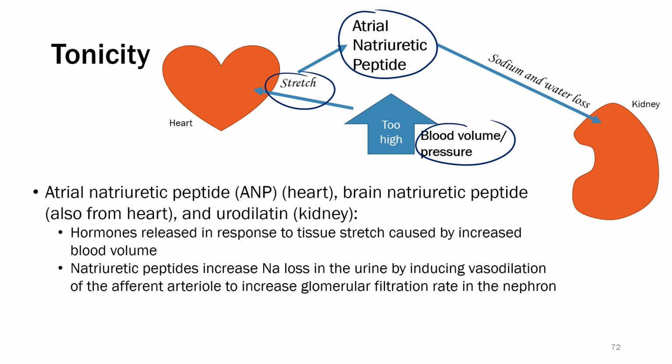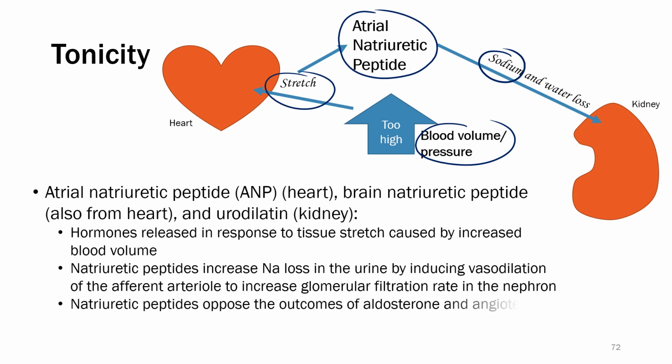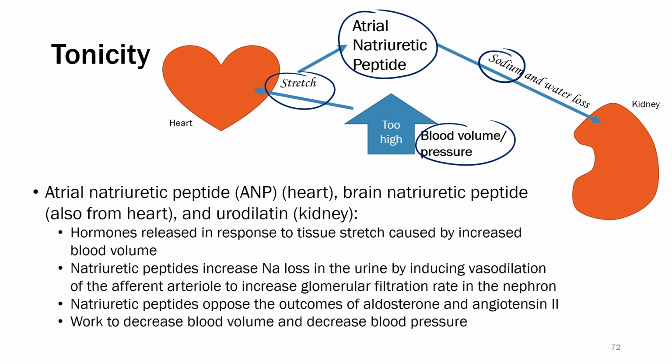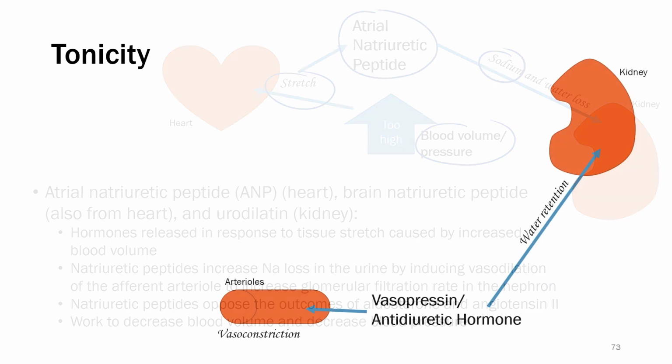They increase sodium loss. Aldosterone increases retention, but ANP is natriuretic, which means sodium into the urine, so it's going to lose sodium. It's going to induce vasodilation of the afferent arterioles. That's going to increase the glomerular filtration rate and increase sodium filtration and loss in the urine. Natriuretic peptides oppose the outcomes of aldosterone and angiotensin II. They work to decrease the blood volume and decrease